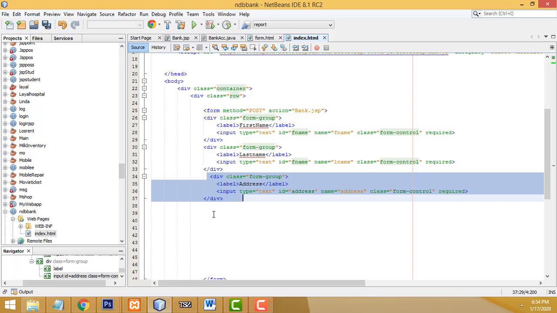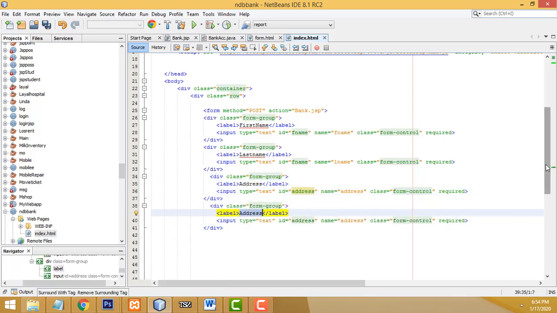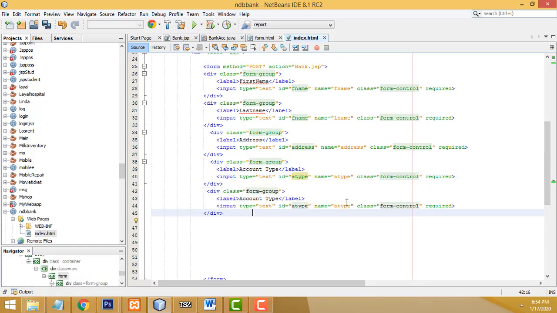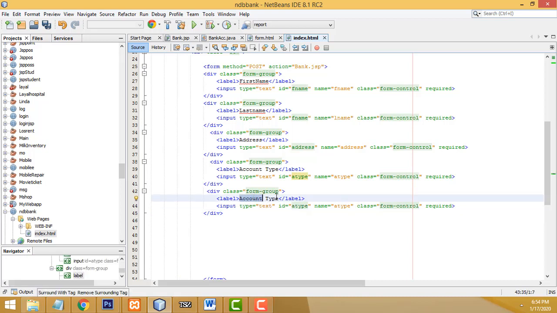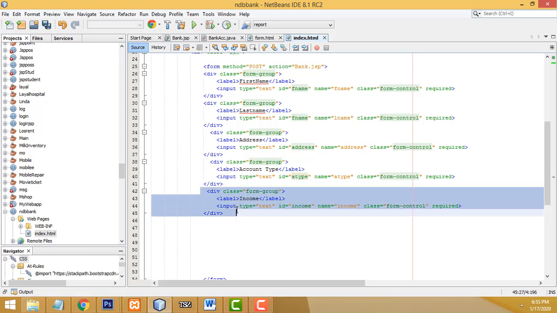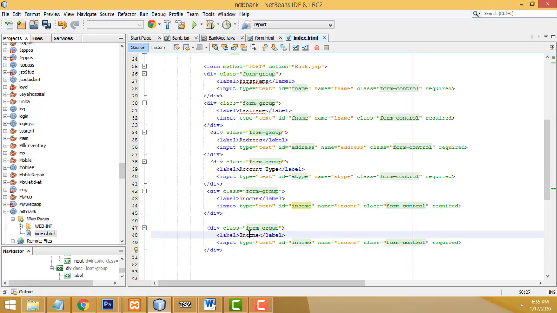After the same thing, Control C to copy, Control V to paste below. This one should be the account type, that A type, you have to write A type. Control C to copy, Control V to paste here. After the same thing, Control C to copy, Control V to paste here. This one should be the income. Control C to copy, Control V to paste here. After the same thing, Control C to copy, Control V to paste here. This one should be phone number, so phone number,